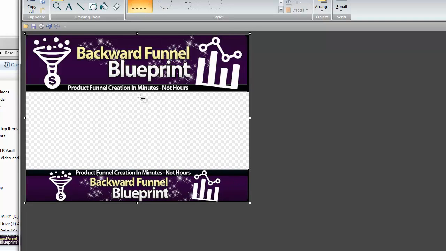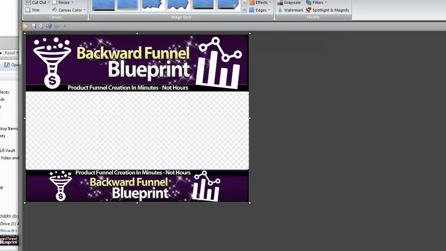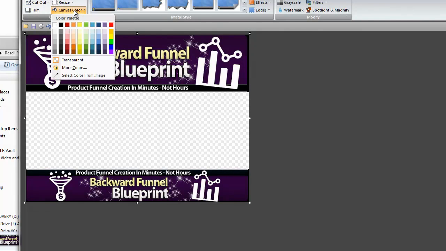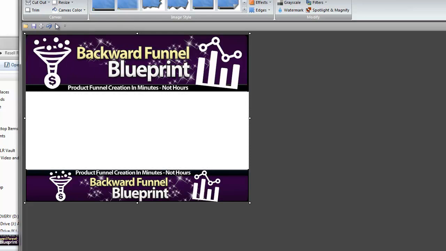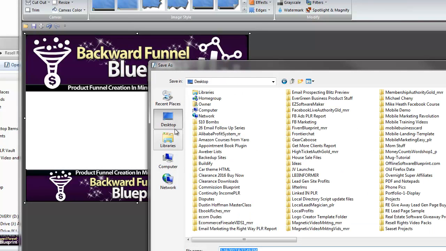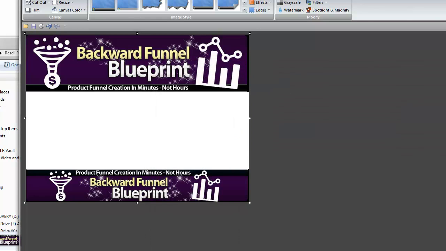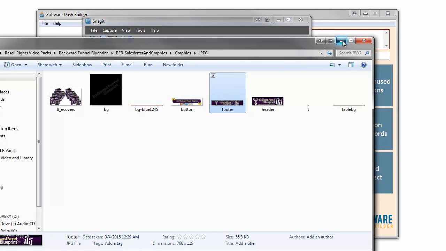All right, so just like that, let me change the background color. Image, we'll go with our canvas color just being white. Okay, so let me just save that. We'll save it to our desktop as sample dash and hit save. And let me get all this out of the way.